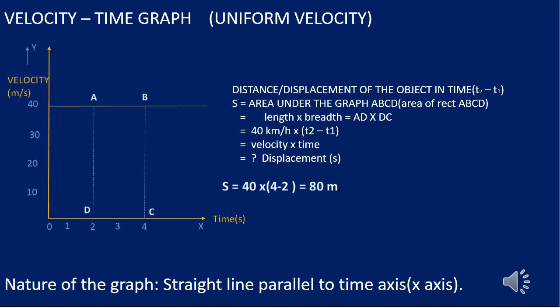So when we calculate it, the length will be 40 minus 0 and the breadth will be 4 minus 2. So when we multiply length into breadth, length corresponds to velocity I said and breadth corresponds to time. So velocity into time. What is, children, velocity into time? Yeah, velocity into time is the displacement or the distance covered by the object. In that sense we can say, velocity time graph is useful in calculating the distance or displacement covered by an object between a particular time interval. Hope children it is clear.